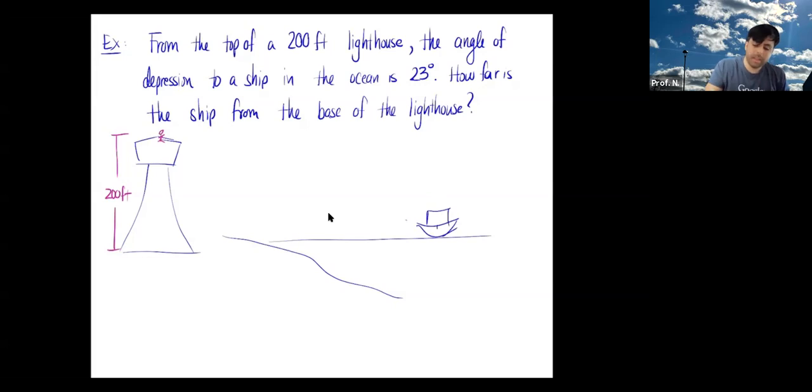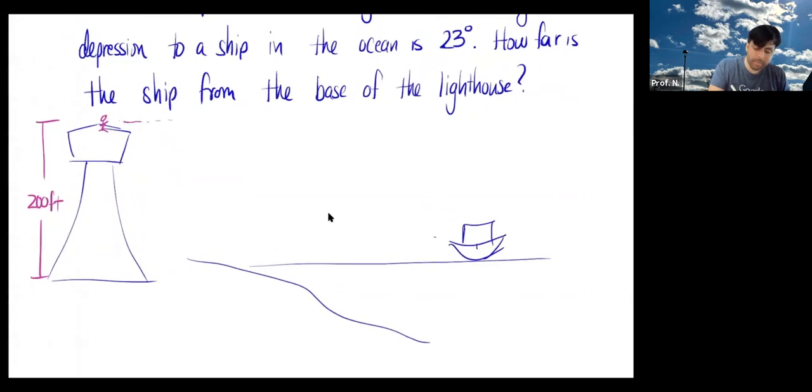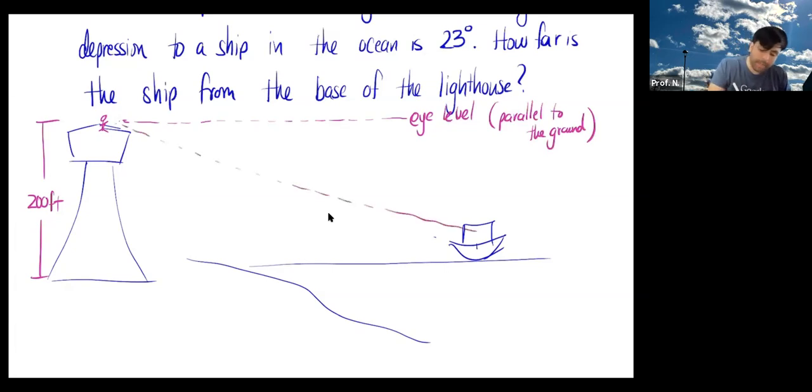And the angle that's made, so this is my line of sight if I view it parallel to the ground. This is eye level, right? Eye level is parallel to the ground. If I make an angle of depression and I see the ship, this is going to be 23 degrees below eye level, right? And I want to figure out